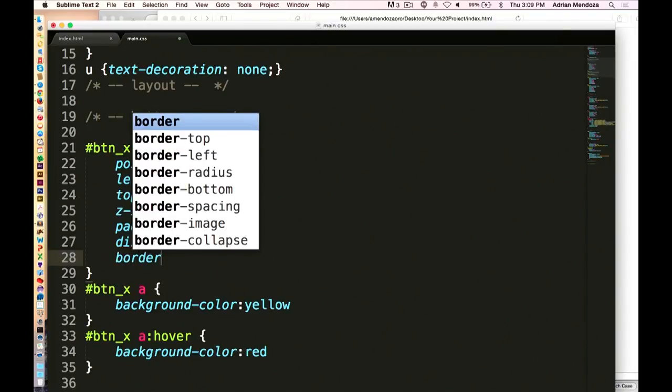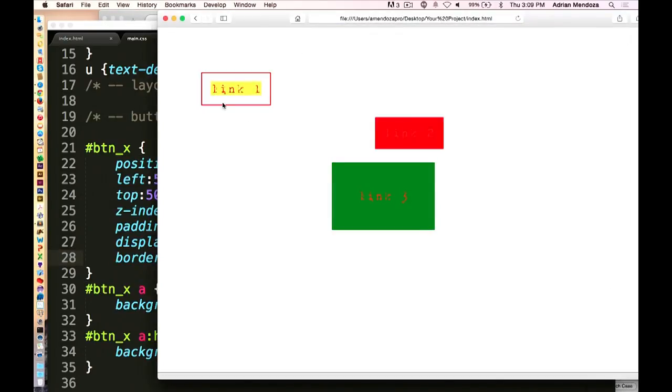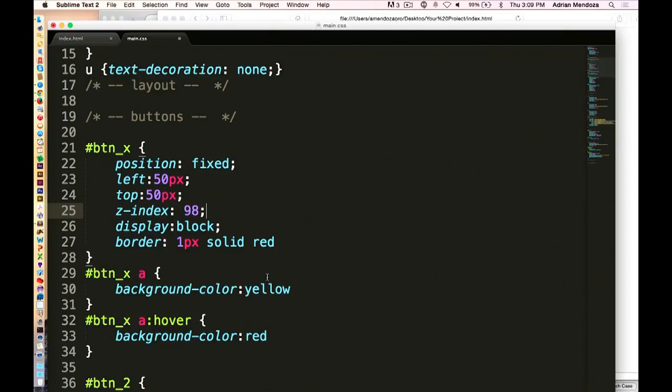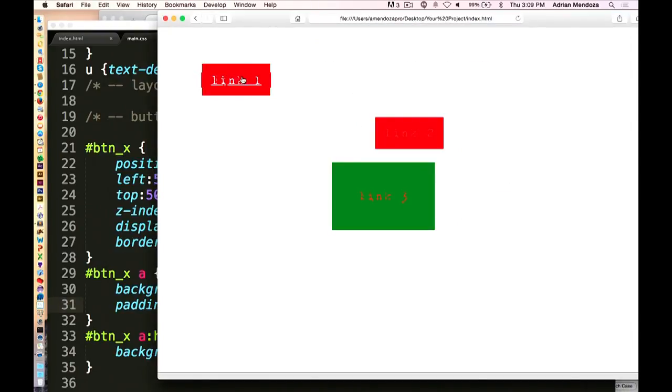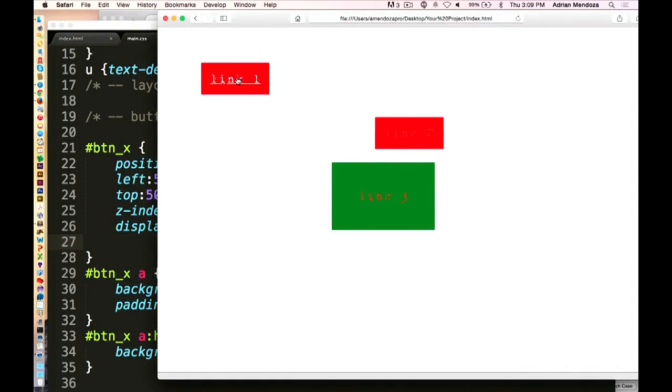So again, I'm using a technique. I'm really inherently targeting a specific link. And you'll notice that here's my border. I don't want that. I actually want it to be filled in entirely. So what I'm going to do is take the padding out of here, get rid of it here, and then apply it into my anchor link. I save it, I reload the page, and you now notice that the whole thing becomes active and fills in the div. So I can get rid of the border here. I can reload it, and now I have a very dynamic link